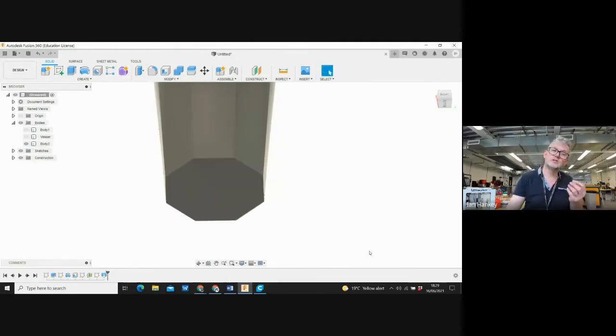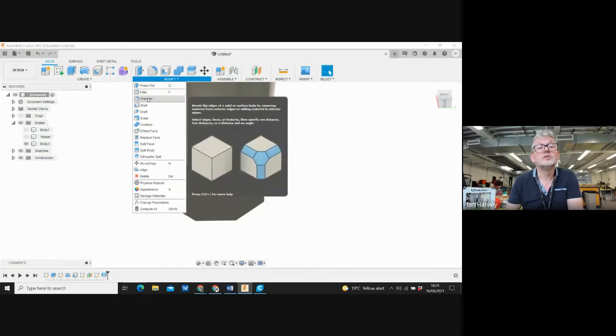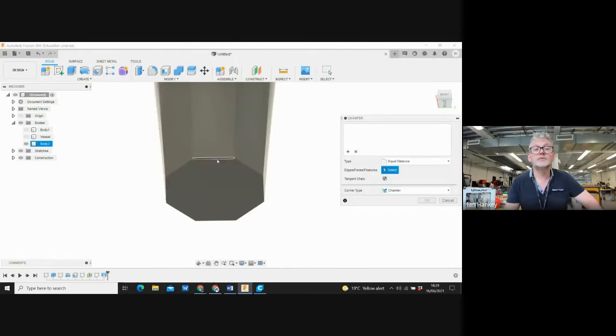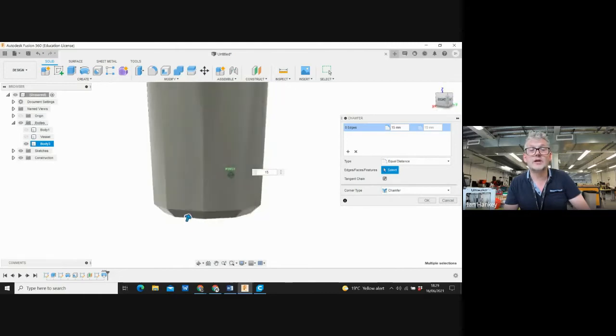I just want to show you a slight variation on that. Because I've got quite an angled thing now, I can put an angled version of a fillet, which is called a chamfer, on there. Again, through Modify, I'm going to go down to chamfer. It's below fillet, and as you can see, it's a more angular version of the same thing. Again, I'll probably have to choose each separate line at the bottom here. I'm going to go for 15 again, 1, 5. And as you can see, it's a much more angled and regular